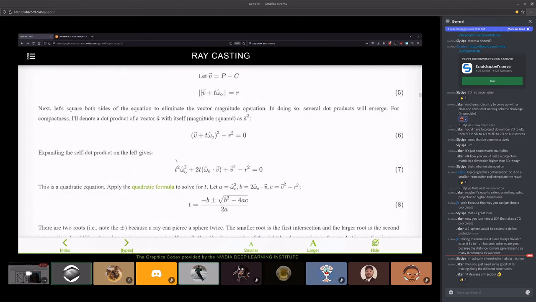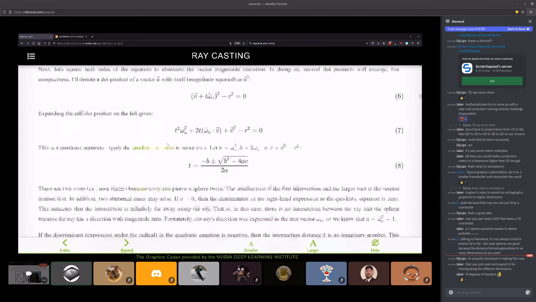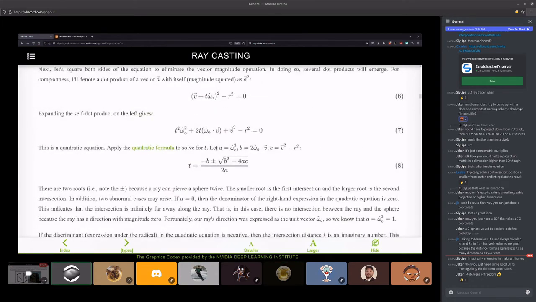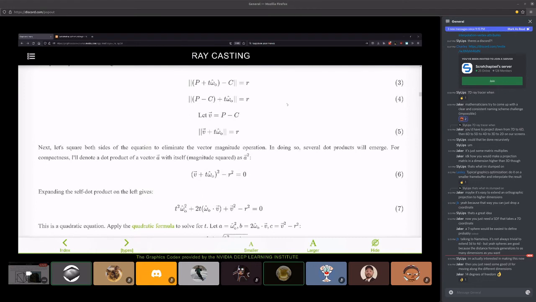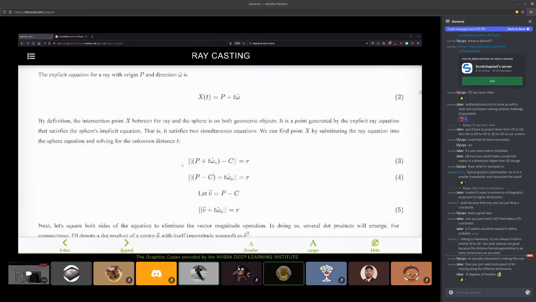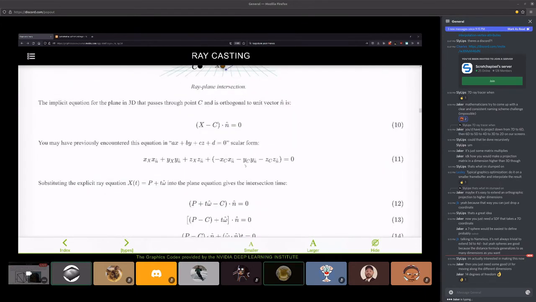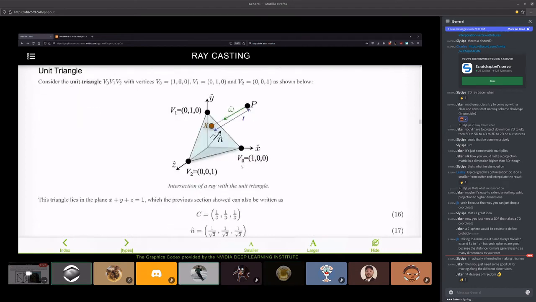We explain the sphere ray intersection because it's simple, and it shows us what we're trying to do conceptually. We have this pretty easy to understand definition of a sphere as a shell of points around a center at some distance r, and we rearrange equations, solve it, and then we get a formula for t. Then we do the same thing with a plane, and we extend that with triangles by just